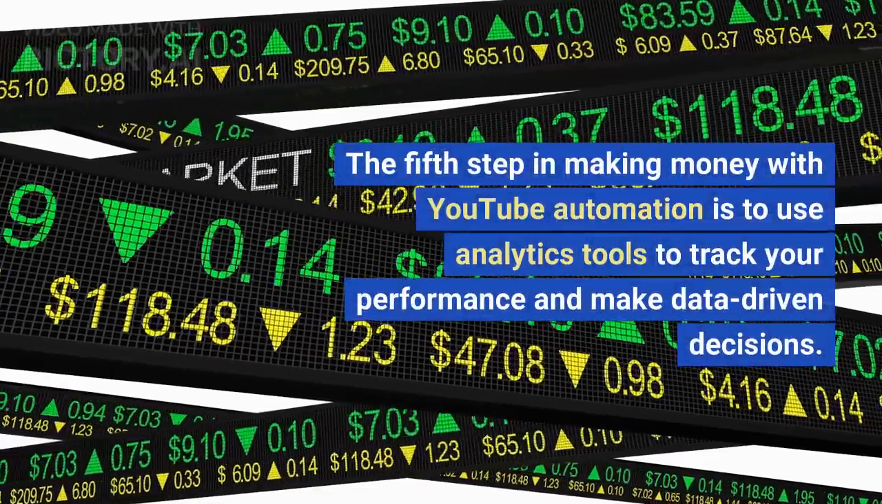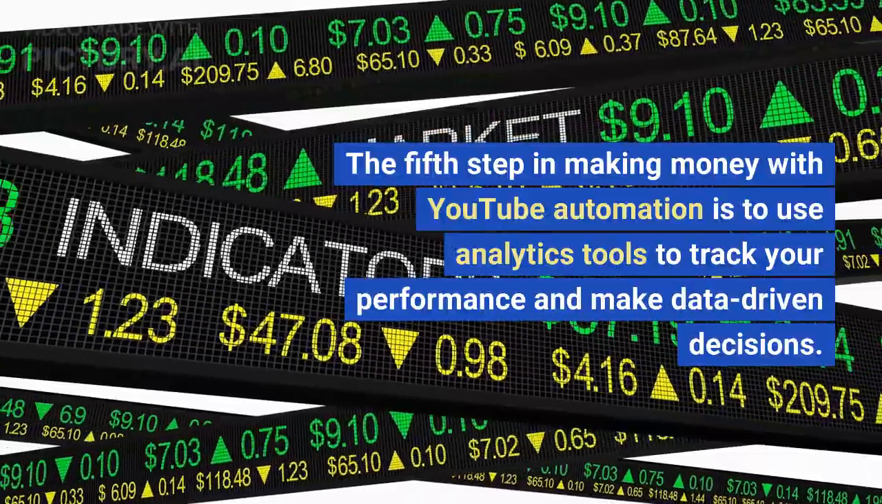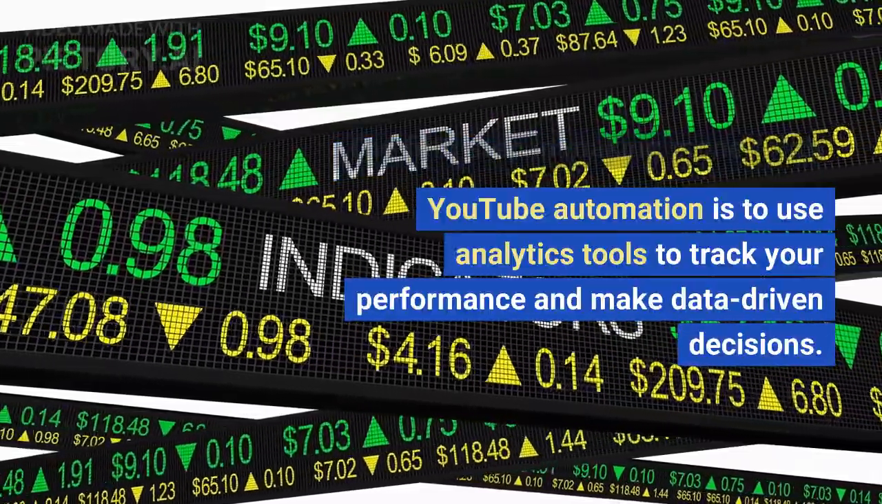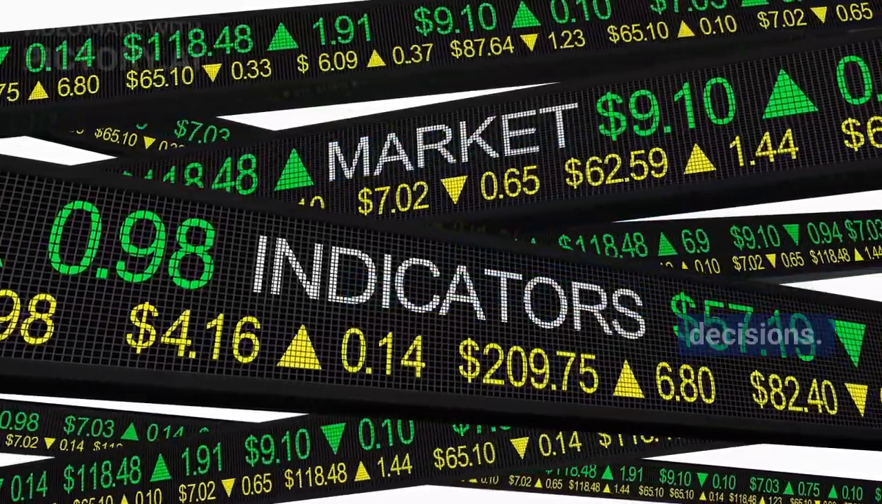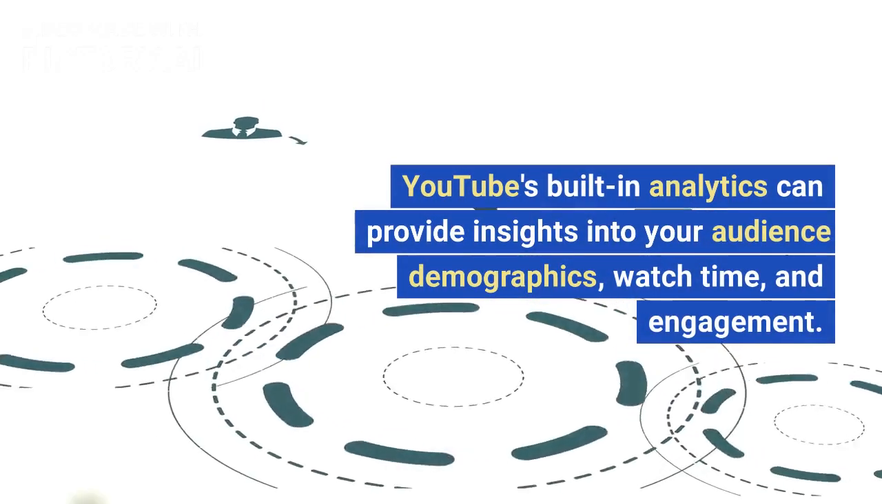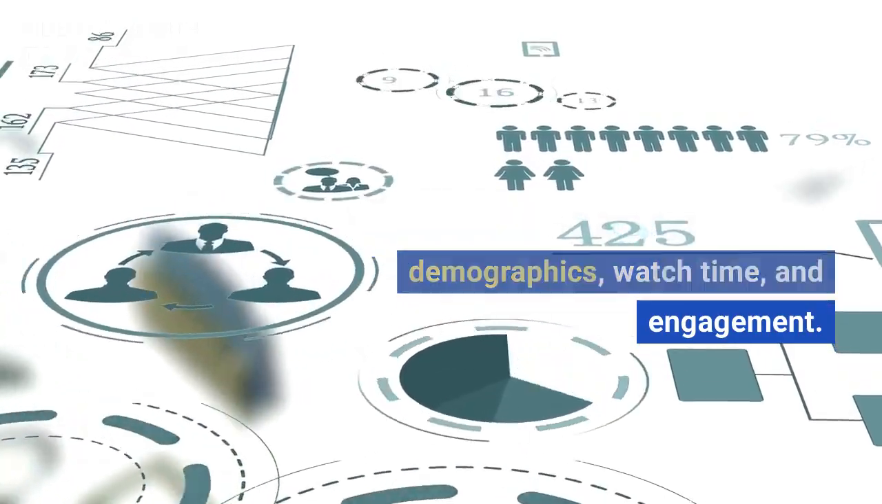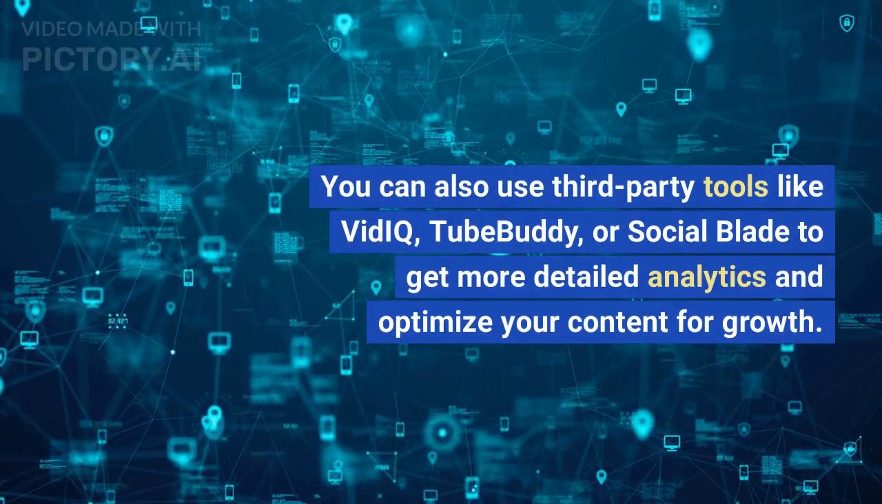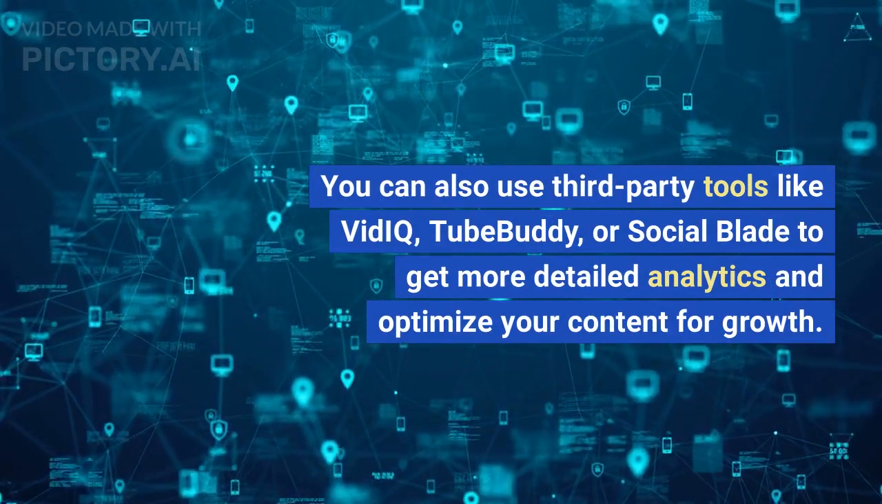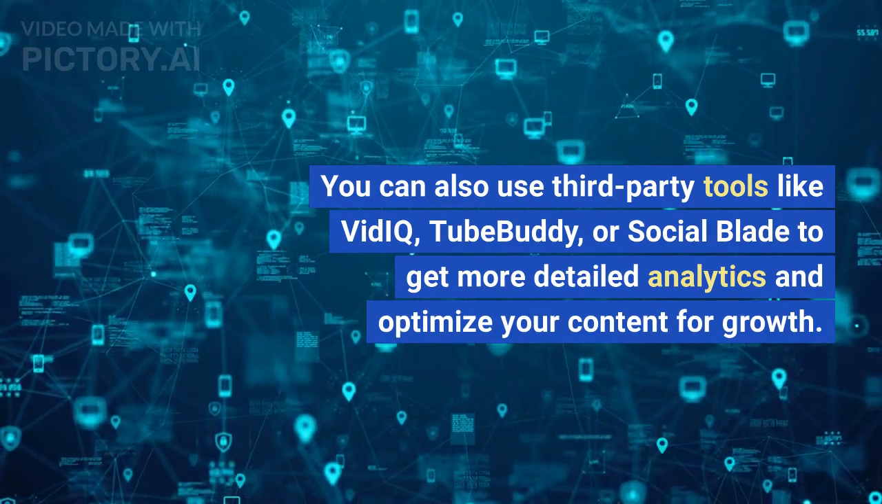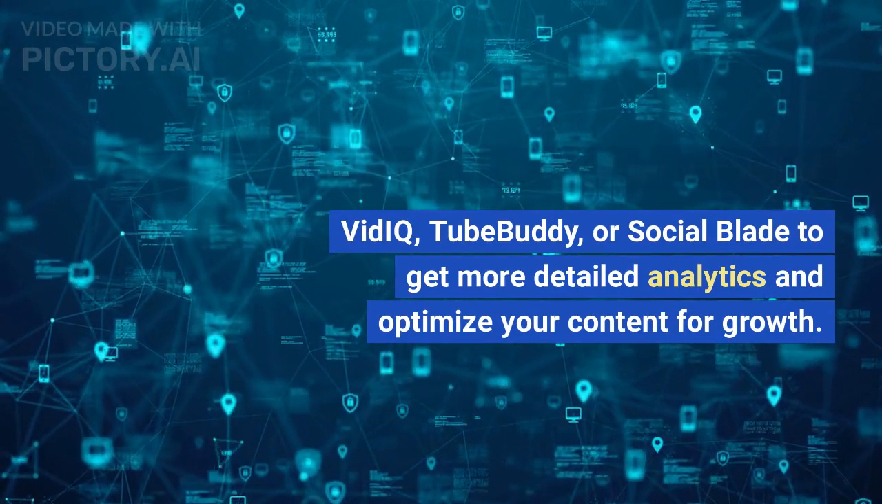The fifth step in making money with YouTube automation is to use analytics tools to track your performance and make data-driven decisions. YouTube's built-in analytics can provide insights into your audience demographics, watch time, and engagement. You can also use third-party tools like vidIQ, TubeBuddy, or Social Blade to get more detailed analytics and optimize your